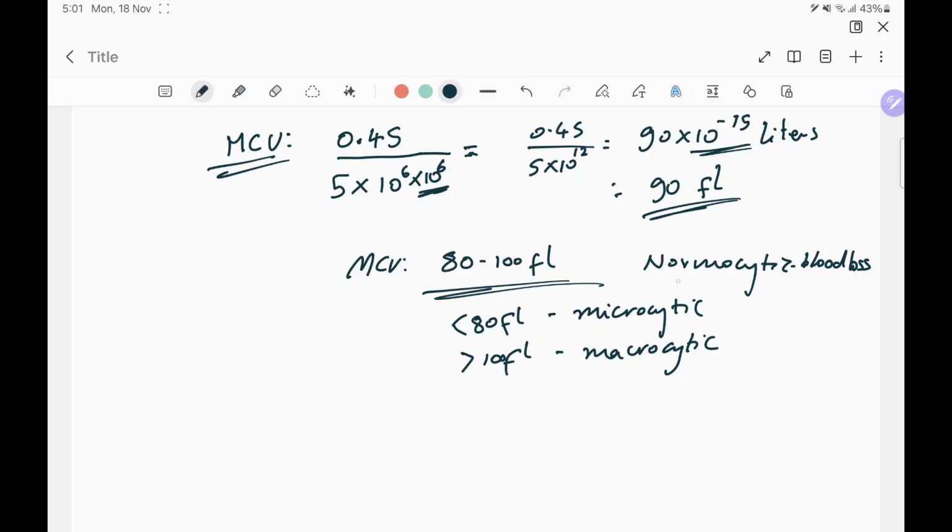So like blood loss, hemolysis, this is what you put under